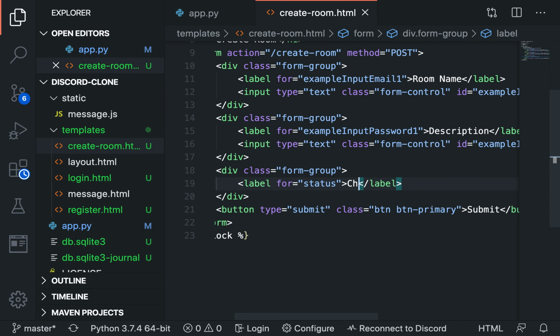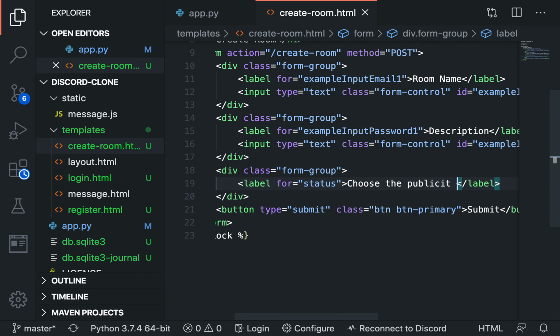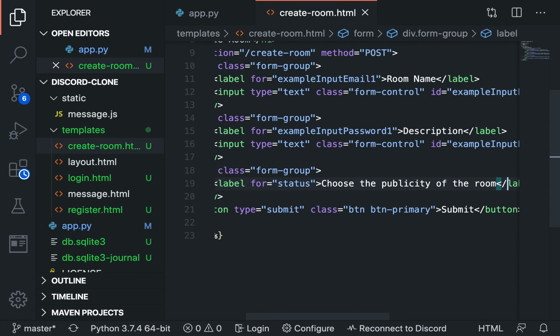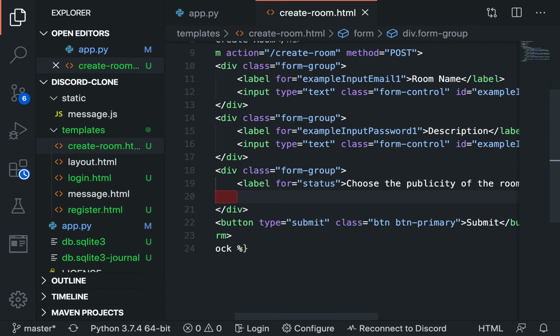Choose the publicity of the room. I don't even know, is that a word? I think it is a word. So basically, public room, it's just like a YouTube video. If you know how a YouTube video works, you can choose 3 statuses. Publicly displayed, which I usually do,